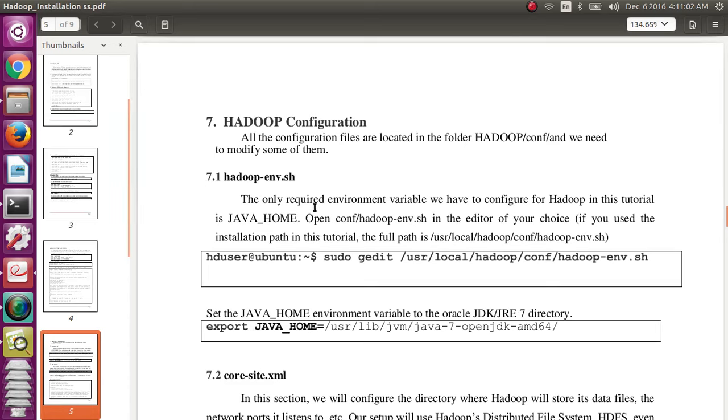So next you need to configure the hadoop-env.sh. In the hadoop-env.sh we are setting the JDK or JRE 8 directory. So we are using Oracle JDK 8. Hadoop needs to execute the path, so that's why we need to copy the path from our system to the hadoop-env.sh file. That can be done using